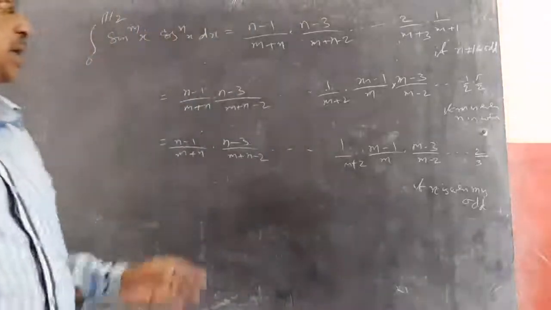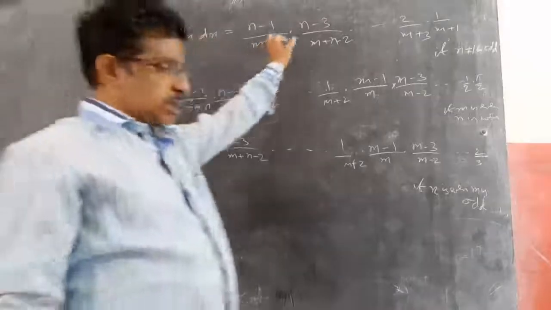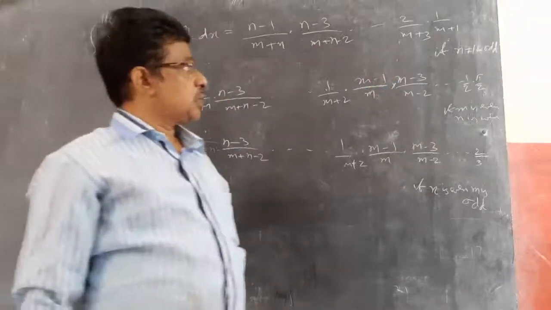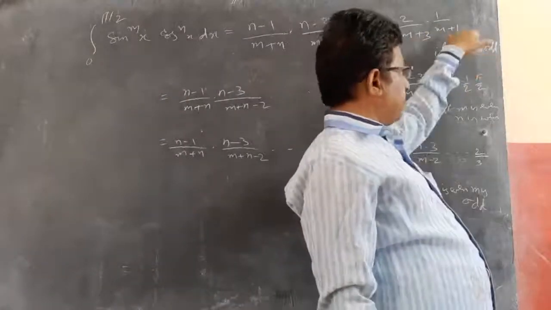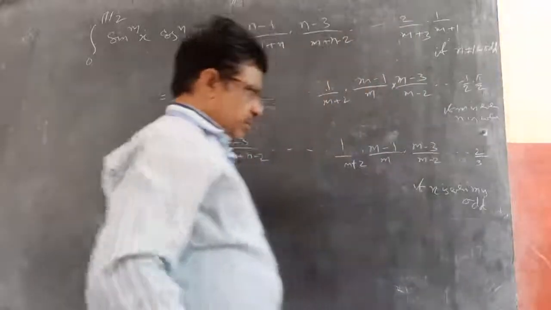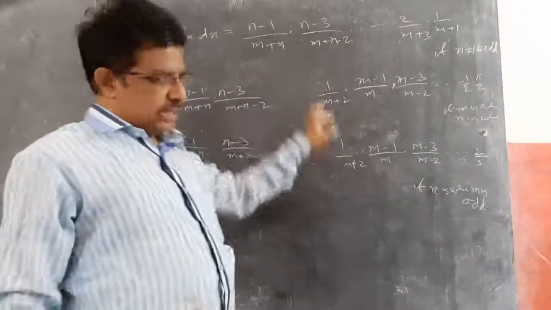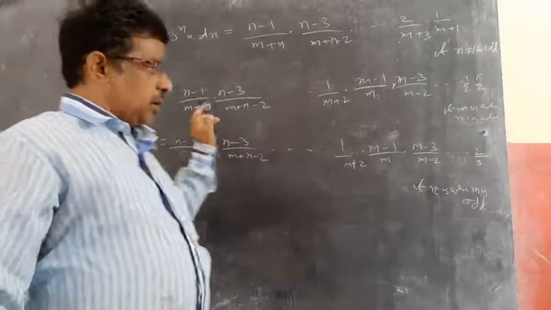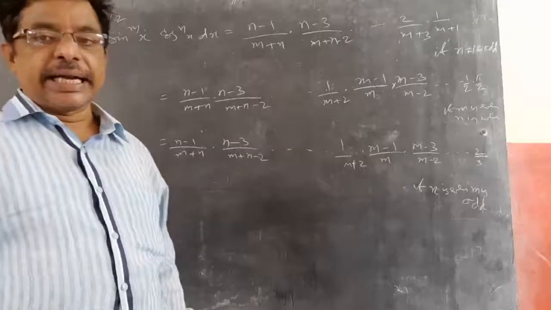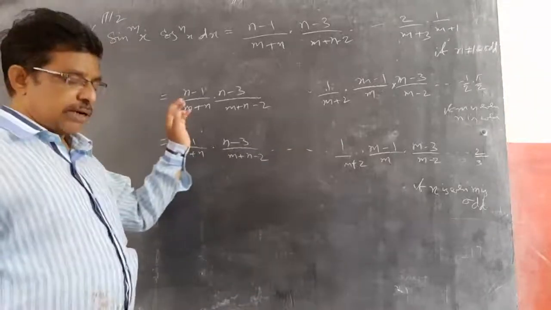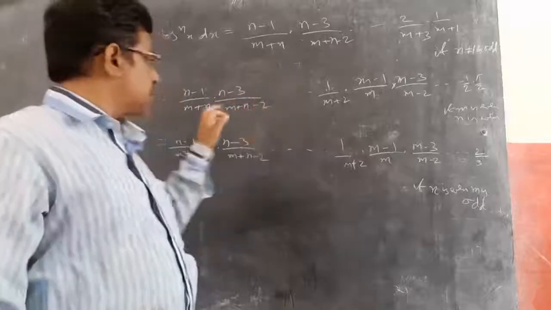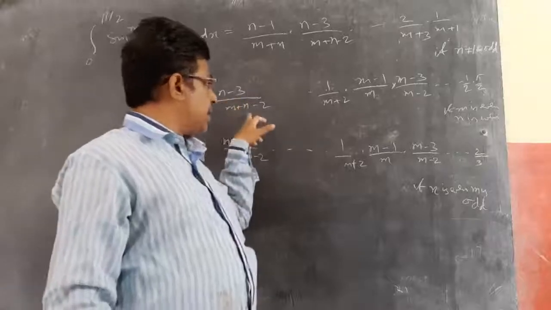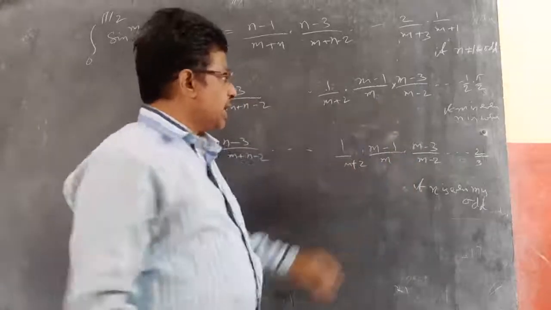Now, finally, you will get the integral of sin power m x into cos power n x equal to n minus 1 by m plus n, into n minus 3 by m plus n minus 2, and so on till 1 by m plus 1, if n is odd and not equal to 1. For all these cases, n is not equal to 1. If n equal to 1, that is 1 by m plus 1 simply, because derivative of sin x becomes cos x, directly f of x whole power n into f dash x gives f of x whole power n plus 1 by n plus 1. And coming to here, n minus 1 by m plus n into n minus 3 by m plus n minus 2 and so on till 1 by m plus 2.